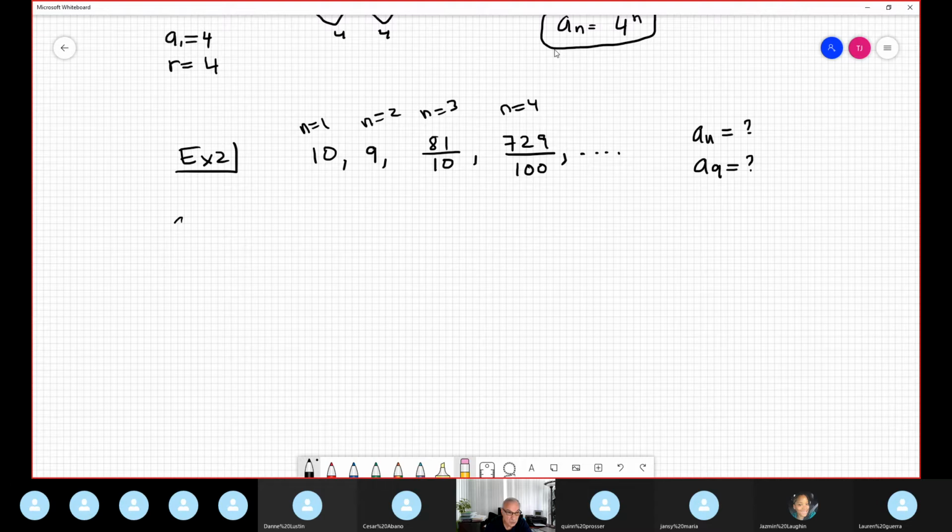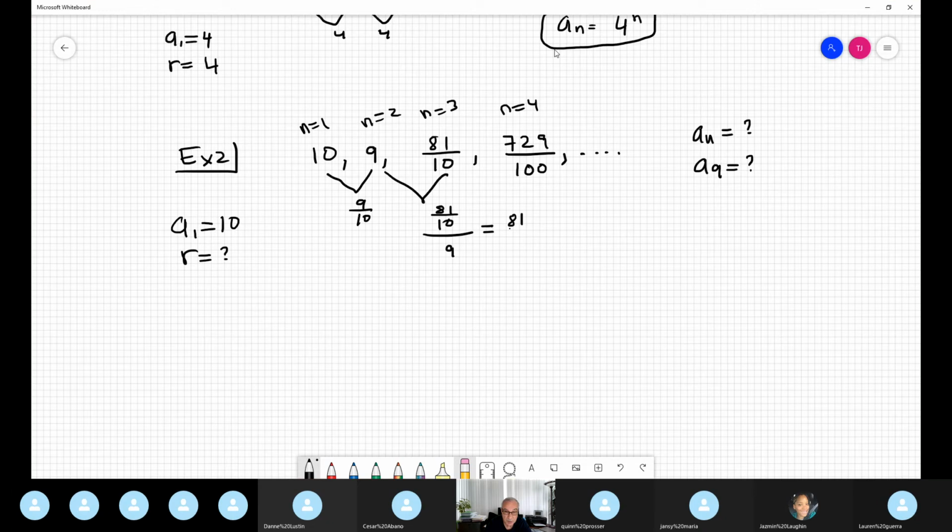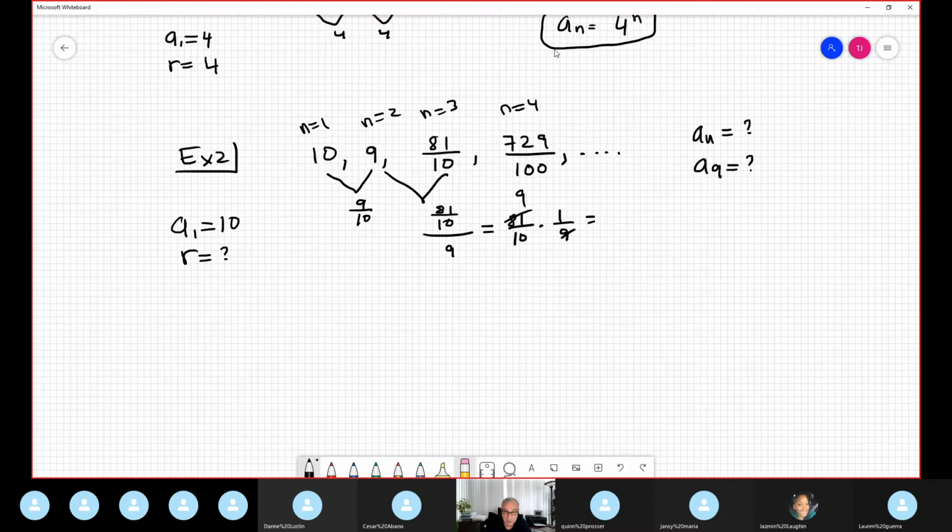Ok, entonces es obvio que a sub 1 es 10. And the common ratio, I have no idea. Pero you divide. The common ratio, you divide this divided by this is 9 over 10. Suppose que you divide this divided by this is 81 over 10 divided by 9, ¿no? Entonces 81 divided by 10 times 1 over 9. I reduce to lowest terms and here is 9 over 10 again. If you want, I encourage you to do verification for the next, but I did that and the answer is okay. So the common ratio is then